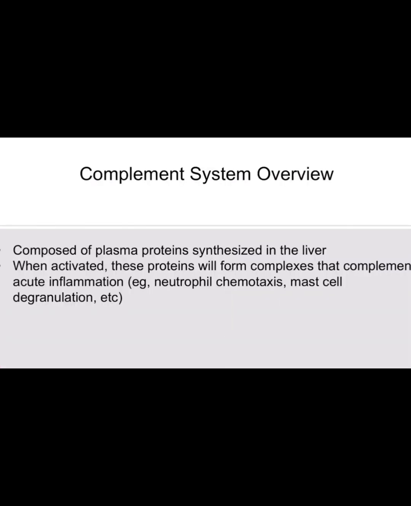for step 1. The complement system is composed of plasma proteins that are synthesized in the liver. And when activated, these proteins will form complexes that will complement acute inflammation. For example, C5a will upregulate neutrophil chemotaxis. C5a and C3a will upregulate mast cell degranulation. And those are 2 examples that we've already discussed in section 2. But I bring them up again here to help reinforce the term complement, in that the complement system complements acute